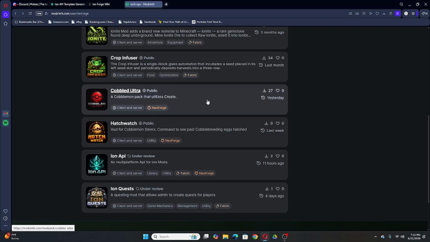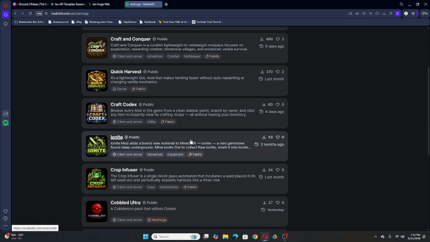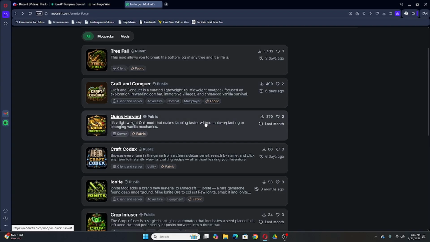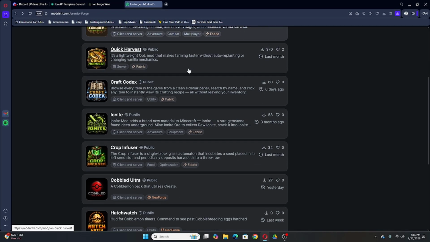And then Cobble Ultra is new. We talked about these. Craft Codex is like JEI, for Fabric, soon to be NeoForge as well. Quick Harvest and Treefall are big ones. Quick Harvest, you right click a crop and it auto replants and gives you the products. And then Treefall, just a tree felling mod. But yeah,